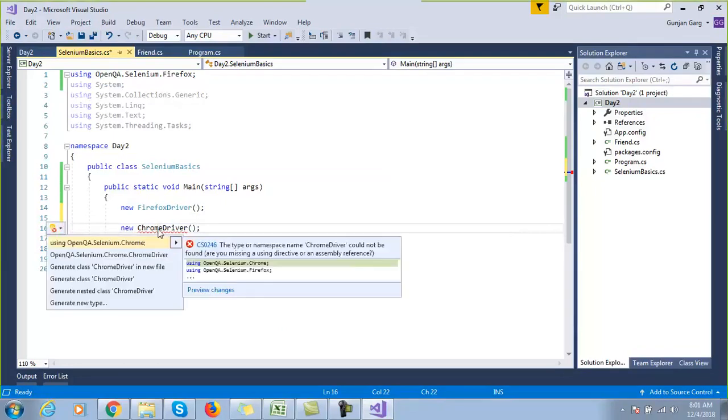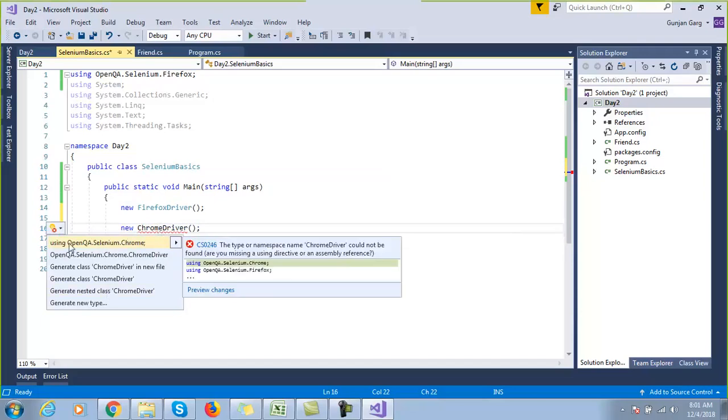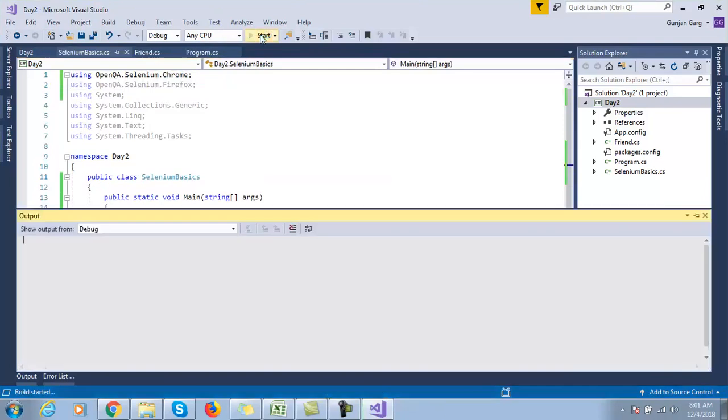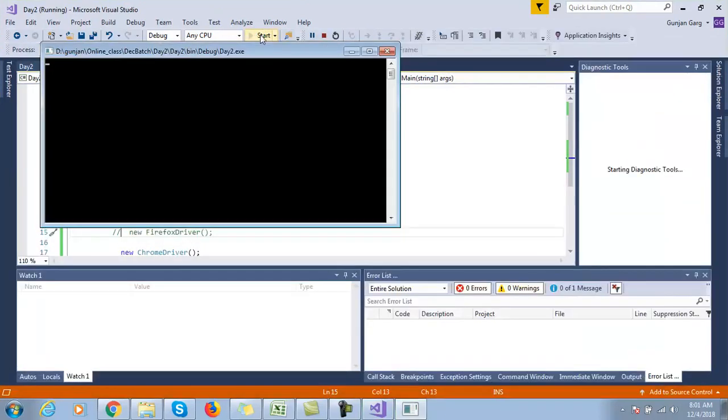You just keep your mouse over the class Chrome driver and hit Control plus dot, and then this IntelliSense help comes up. So you say using openqa.selenium.chrome. Then I comment out this Firefox driver, and if I run my code,